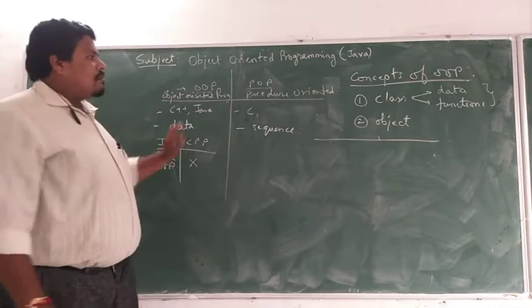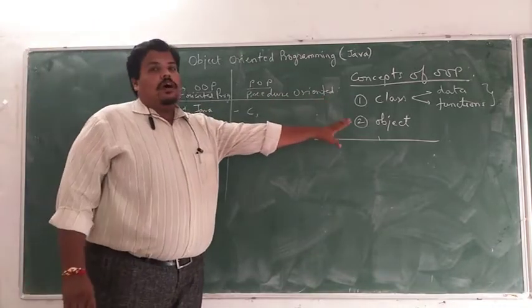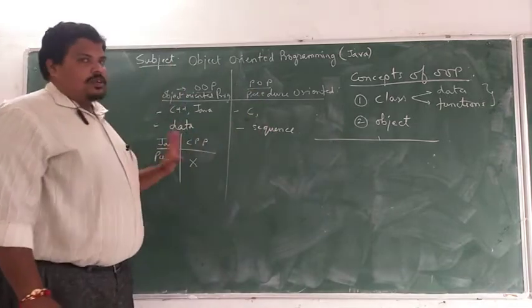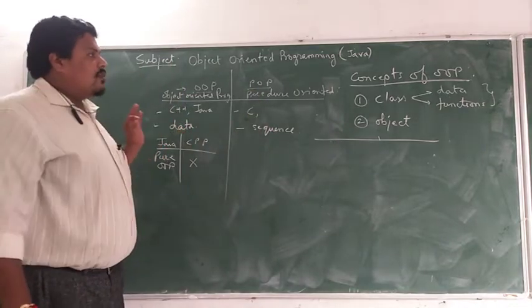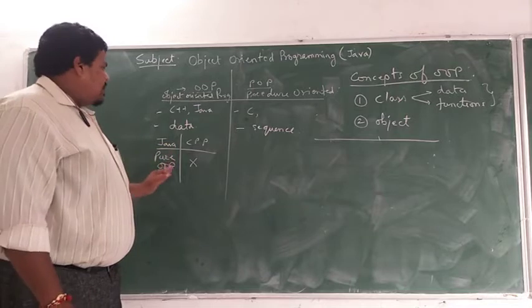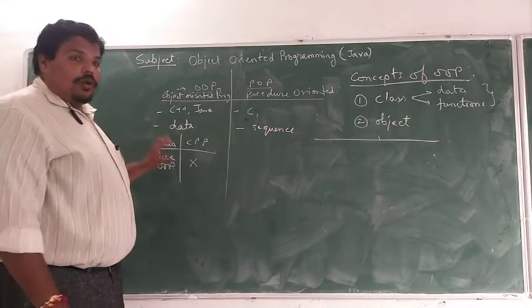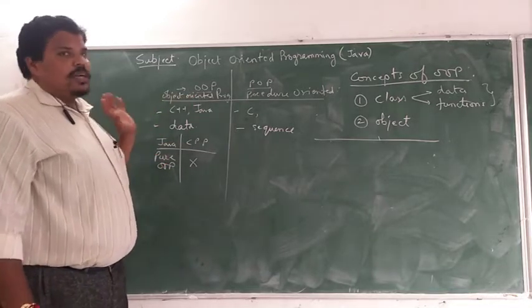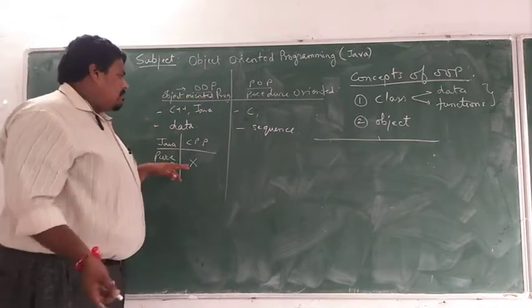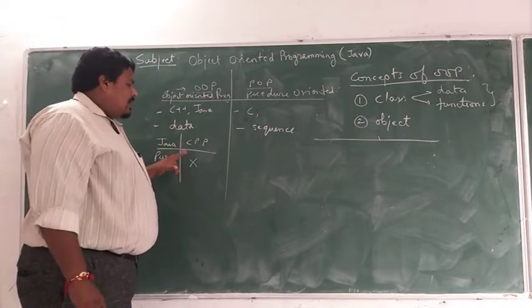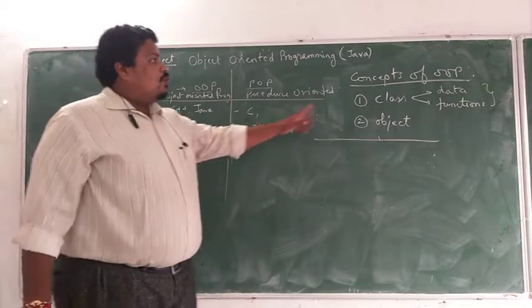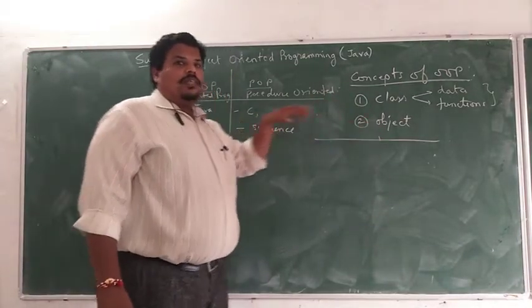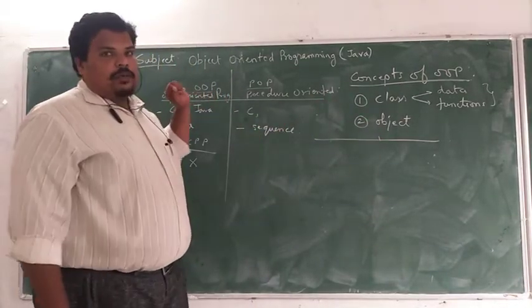Every Java program consists of a class and object concept, whereas CPP does not. Clear? So this is the very important difference between Java and CPP. However, both of these are object-oriented programming. Now there can be a simple question: if a CPP program can be written without class and object, how does it become an object-oriented programming language?